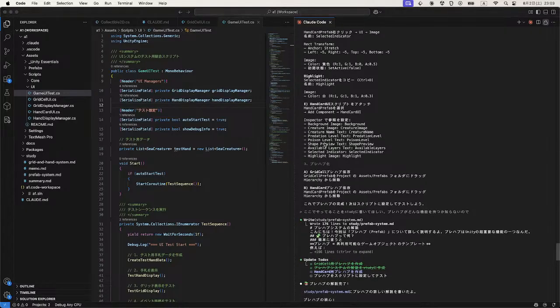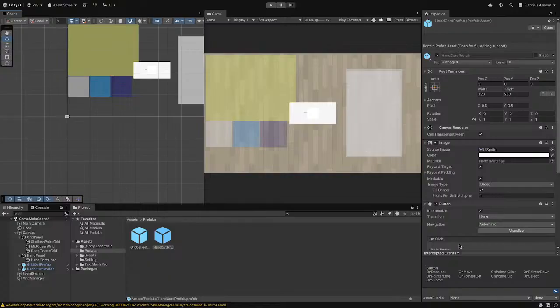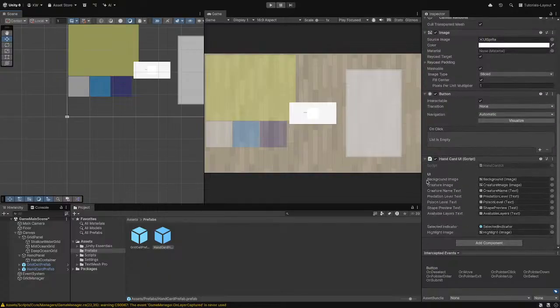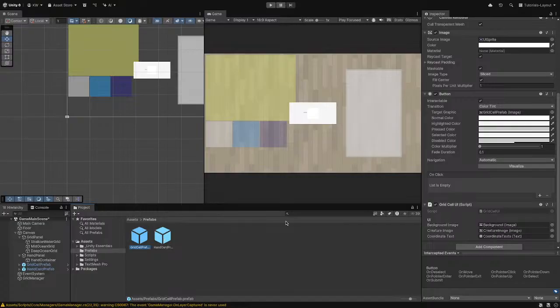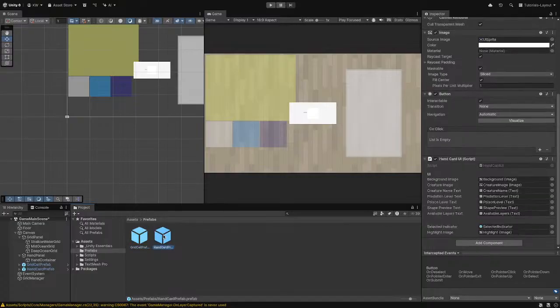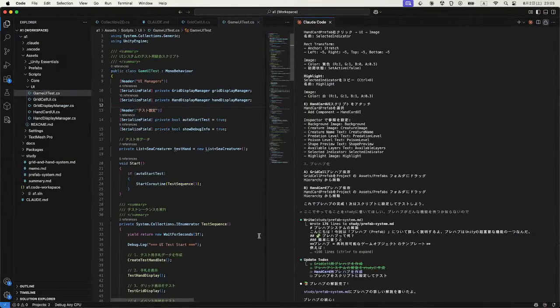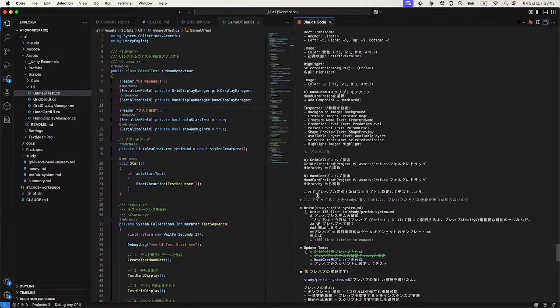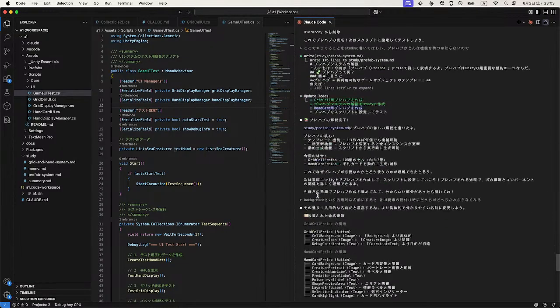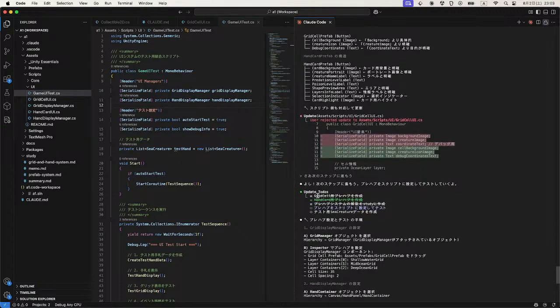Attach the script. Maybe. Yeah. There is two prefab and attached the script. Yeah. And then